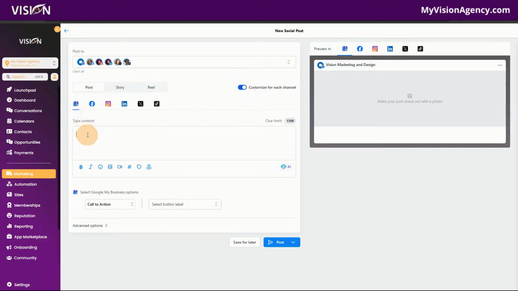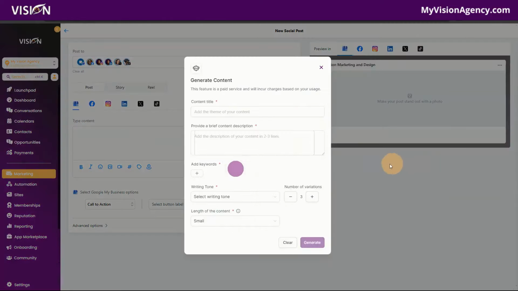So if I wanted to create a post here and I wanted to say, let's see. Let's just use AI to generate a post. Okay, so we'll just say generate because let's just say that I have no idea what to say. So we're going to say content title, the top 3 tips for why you should automate your business online. Okay, now what is a brief content description? Let's just say